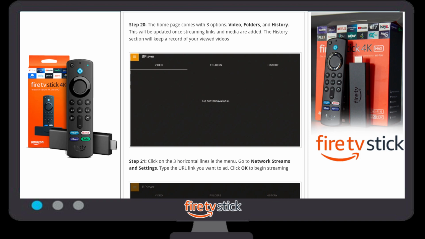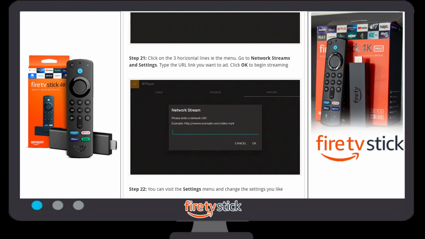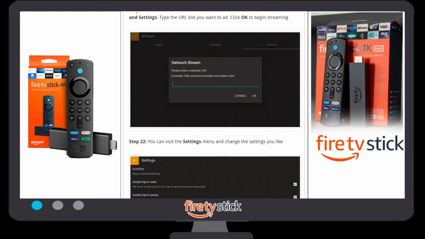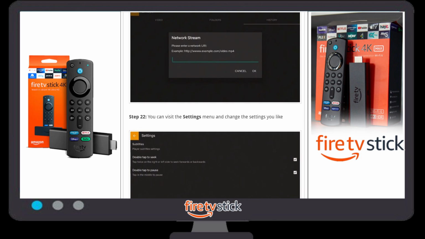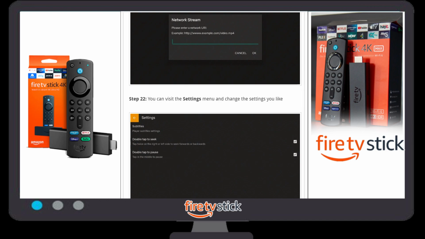There are 3 horizontal lines, and you have to click on the horizontal lines. Once you click on the horizontal lines, there is an option, you need to select network stream. Once you click on network stream, you can easily put any URL over here, and you are now able to play any video you want to play.